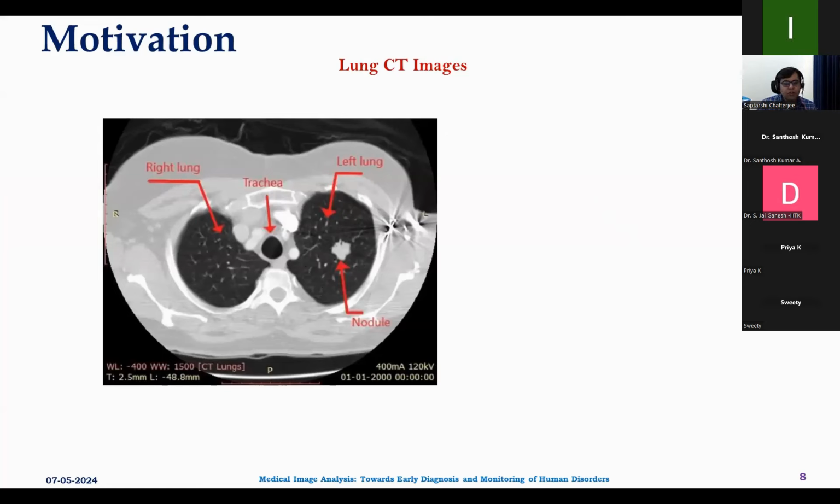If there is any nodule, we need to identify that yes, this is a nodule, and then what is the type of that nodule? Whether it is a malignant or a benign nodule, right? So from these CT scan images,